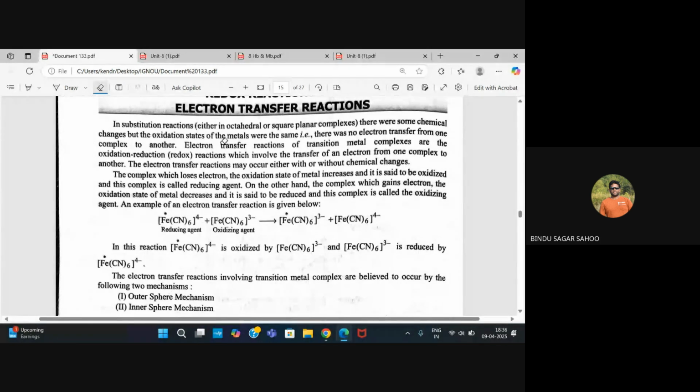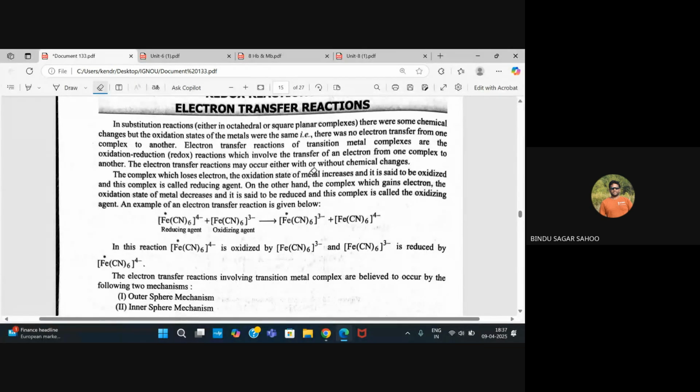But in an electron transfer reaction, in some cases there is no bond formation. The electron simply transfers from one part of the complex to another. When I say electron transfer occurs, electrons flow from one complex to another, and the complex which loses the electron is called a reducing agent, and the complex which gains the electron will be the